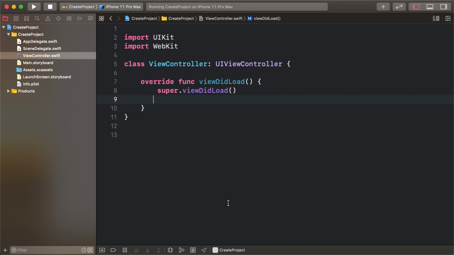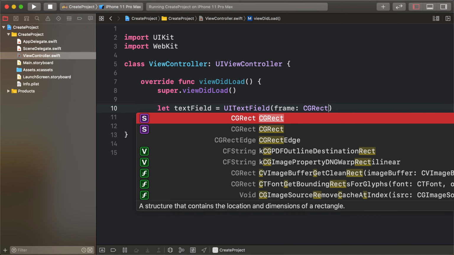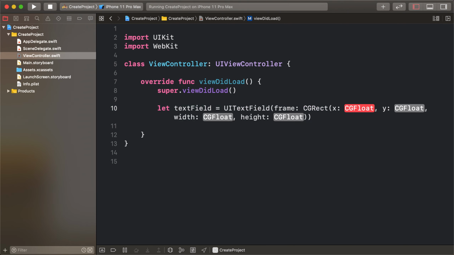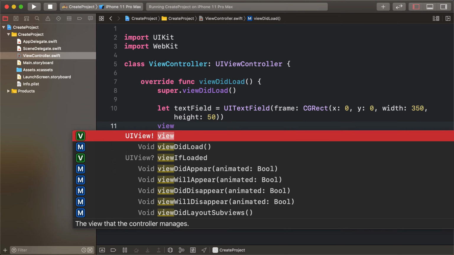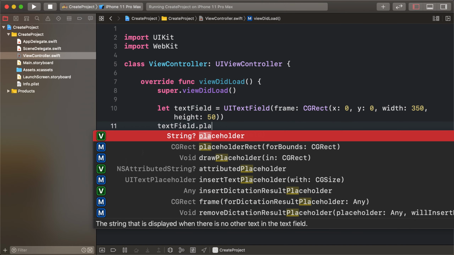Today's lesson: UI text field. So let's start. First of all, create a text field, UITextField. So adding some frames. The frame is 0, 0, width is 350 and height is 50. And view, add the subview, the text field, and textField.placeholder